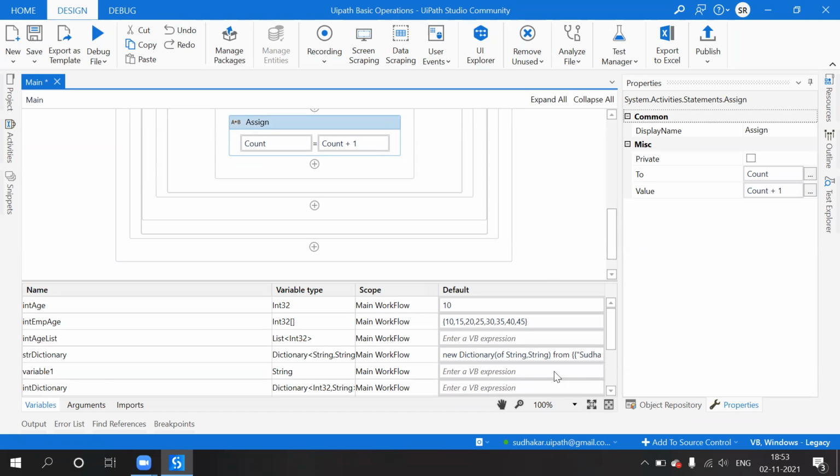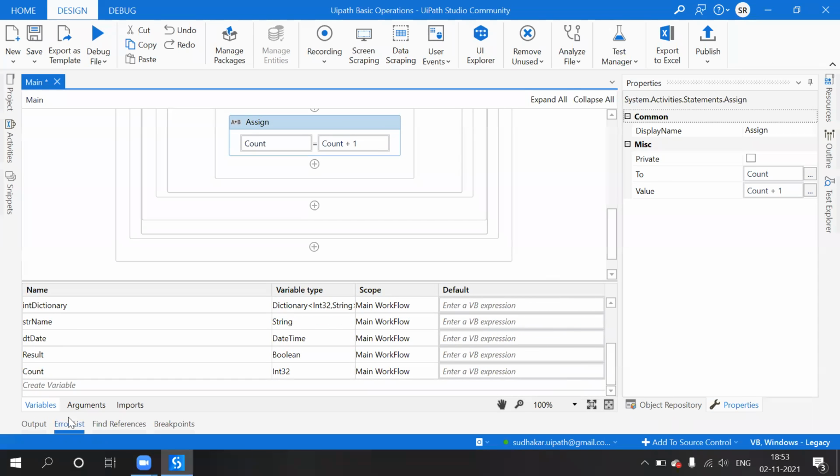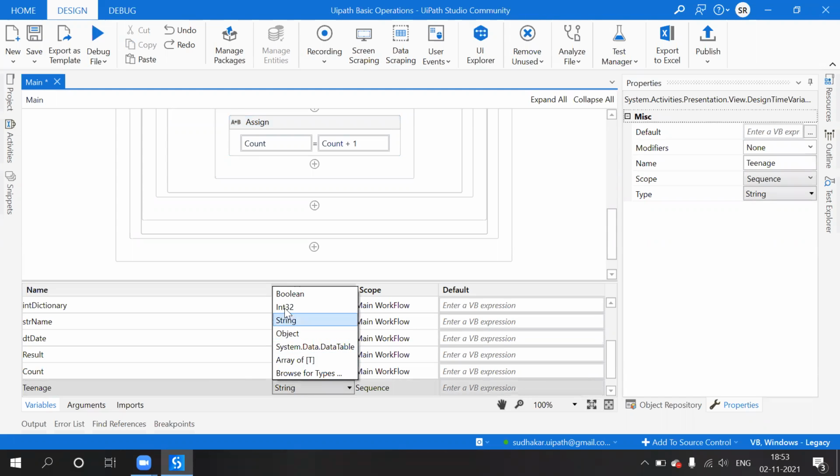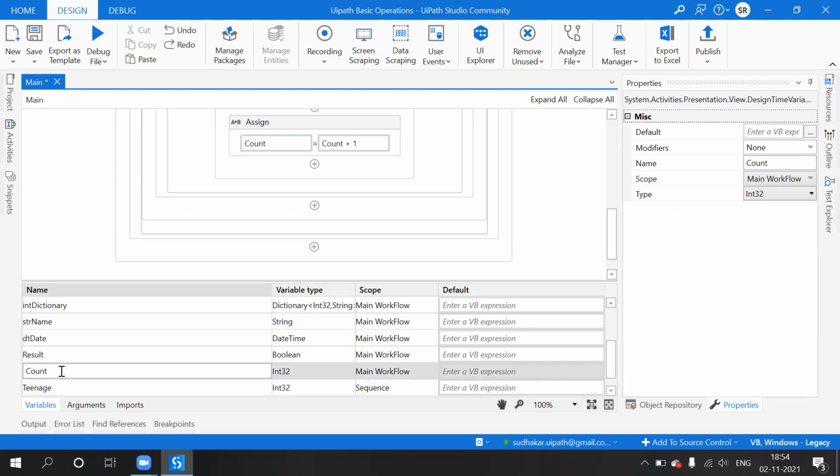I am going to create one more variable, teenage, of type integer. We can tell it's an adult rather than count.